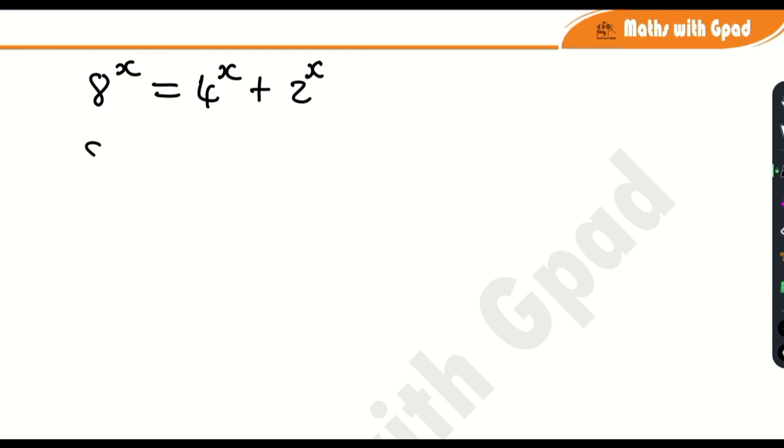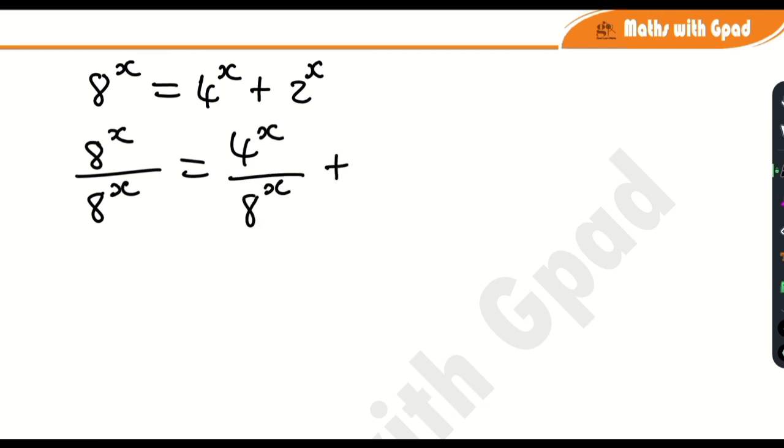So it's going to be 8 raised to the power x over 8 raised to the power x is equal to 4 raised to the power x over 8 raised to the power x plus 2 raised to the power x over 8 raised to the power x. Now, look at what we have on the left hand side. This cancels this, so you have 1, which is now equal to,